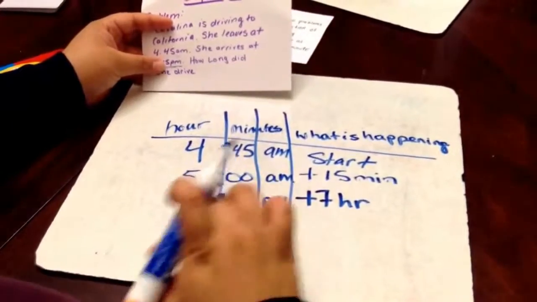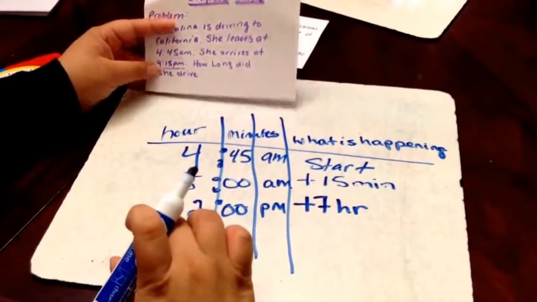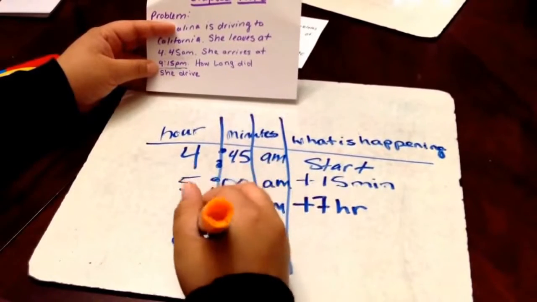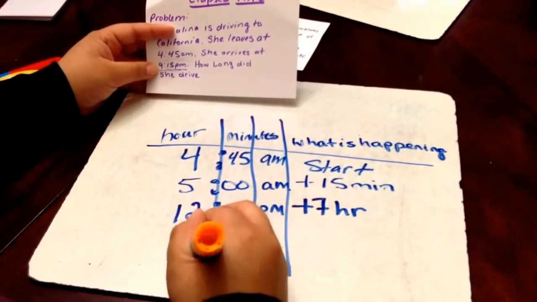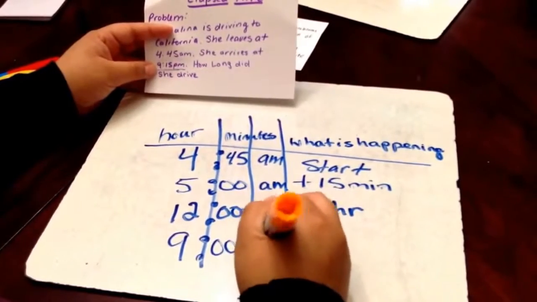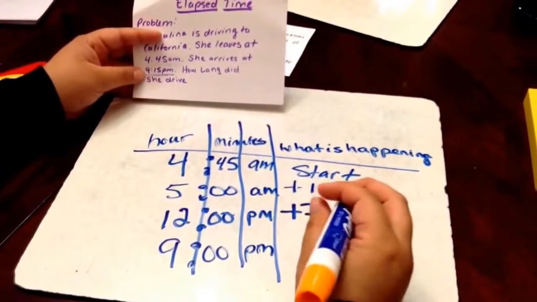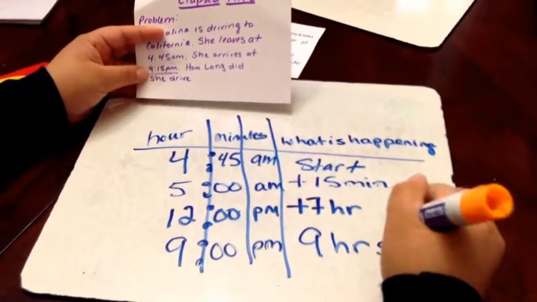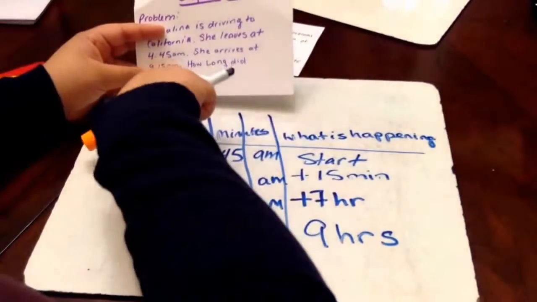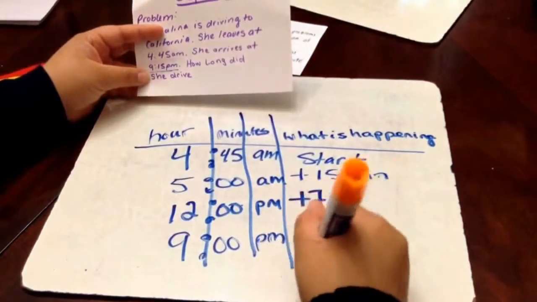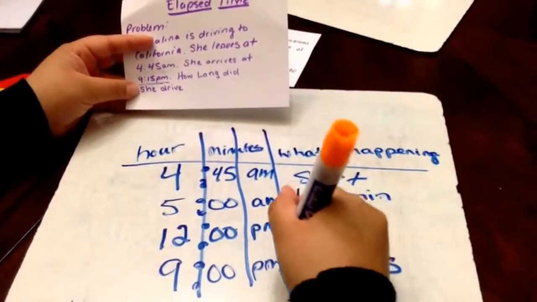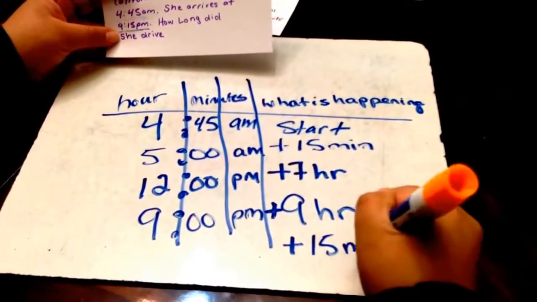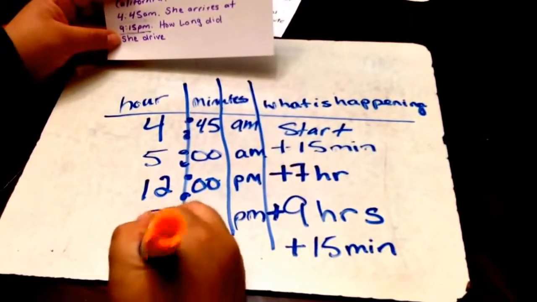Then from 12 to 9, because 9 is going to be the hour that she arrives, 9 p.m., that's going to be 9 hours, right? And then from 9 to 9:15 is going to be plus, let me put a plus here because that was an add-in too. So plus 15 minutes leaves us at 9:15